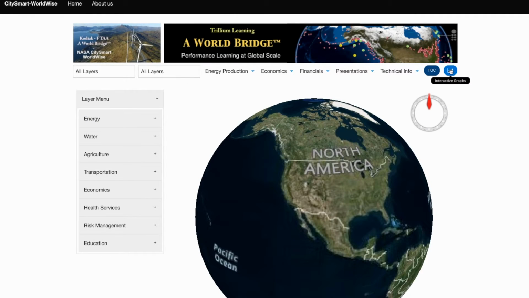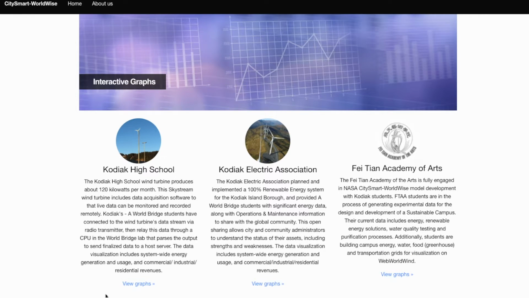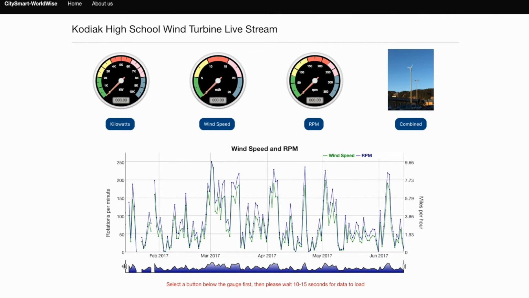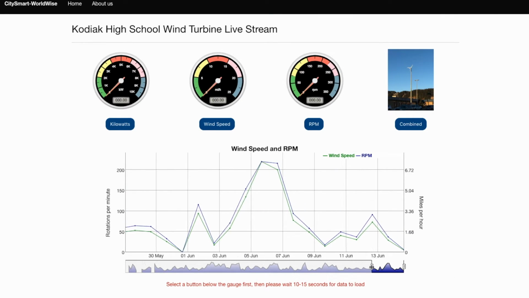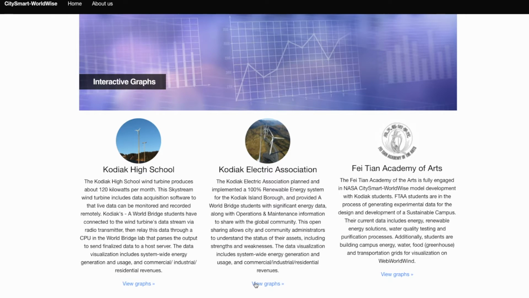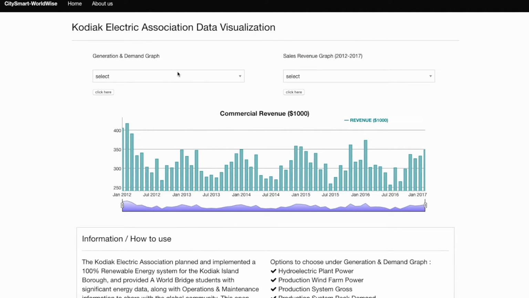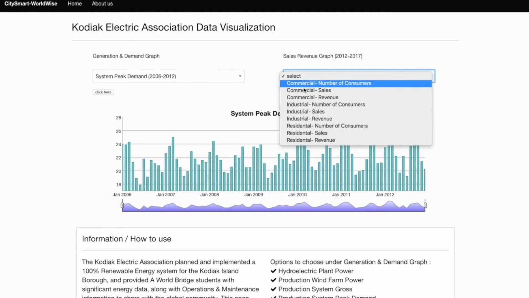If the user selects the graph button at the top right of the page by clicking here, it opens a page linked to the Kodiak High School Wind Turbine Data Visualization page, and the user can zoom into specific time series using the range selector. This page visualizes Kodiak Electric Association's power production and demand data, also commercial, industrial, and residential sales revenue data over